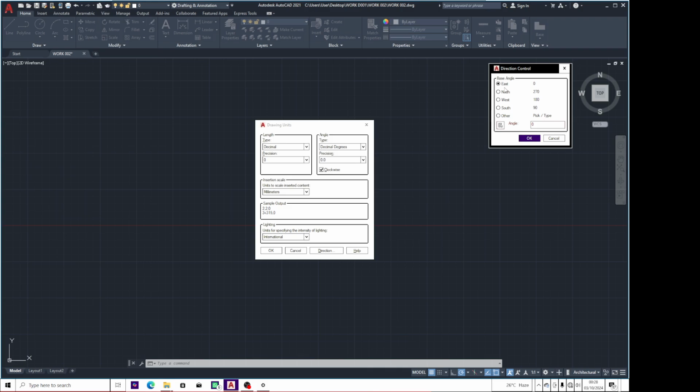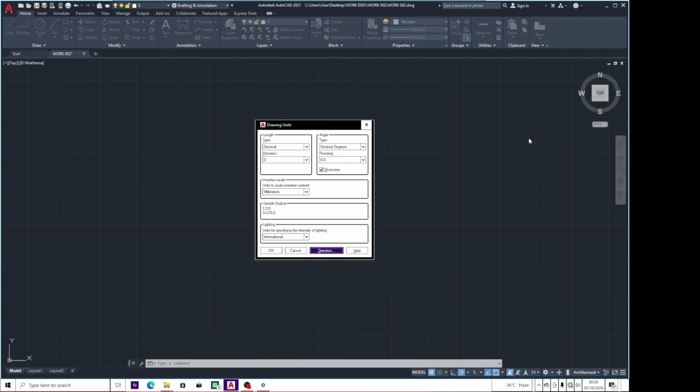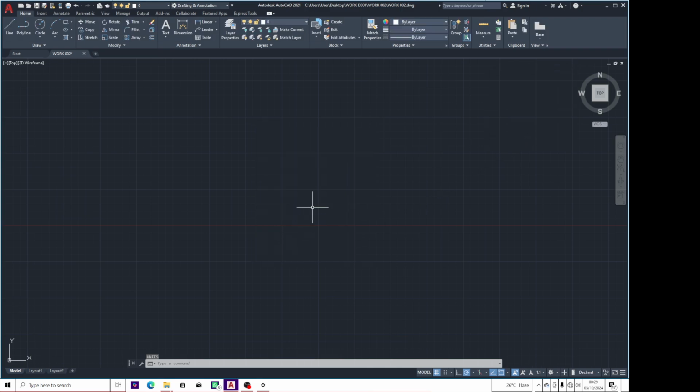Base angle east is default, so it will be default from east as 0, or you can base from north as your default, and the default angle will be 270 there, west 180, south 90, or you can set your angle. If I tick this and I select 45, then when I say OK and OK, and I draw